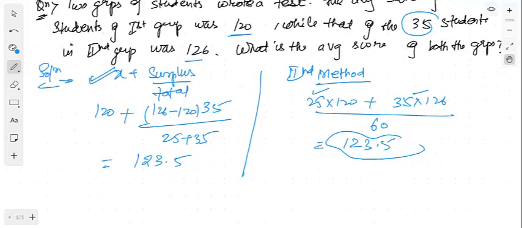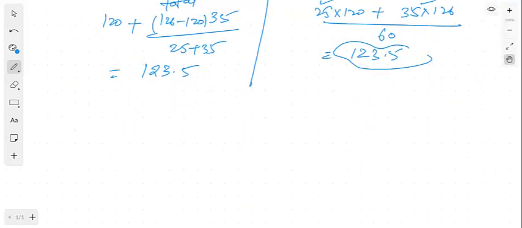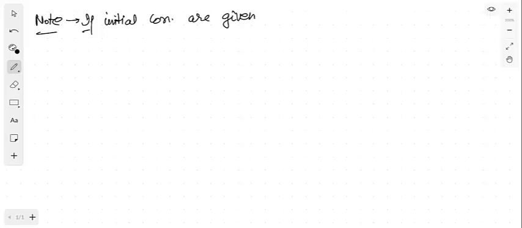Fine. So this is all we have with the basic average kind of questions. Now let us move on to a bit more important types of questions. And before I start that, first of all, just go through this note. The note is: if initial concentrations are given, this note is nothing but it is used to identify when to use allegation and when to use the weighted average